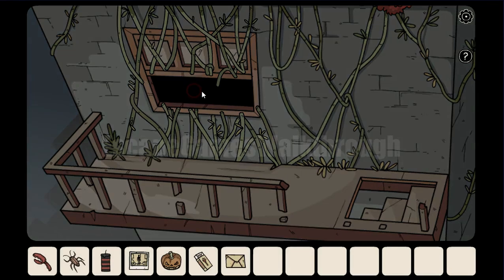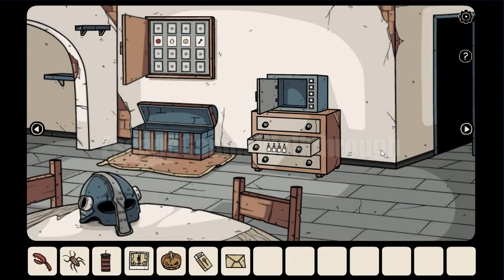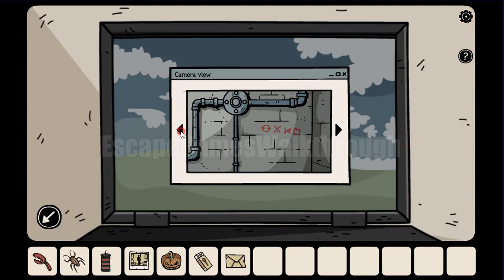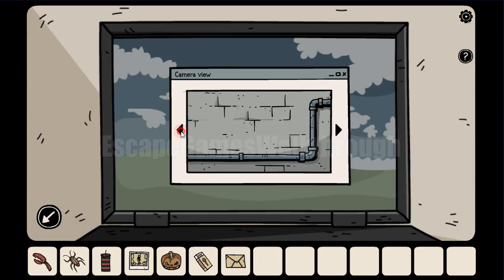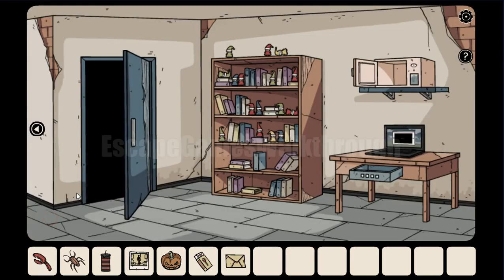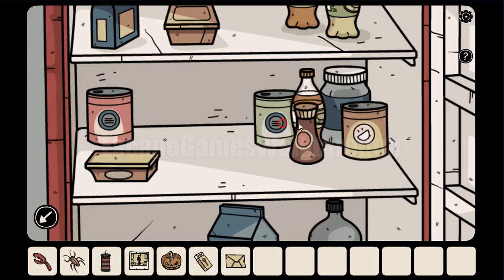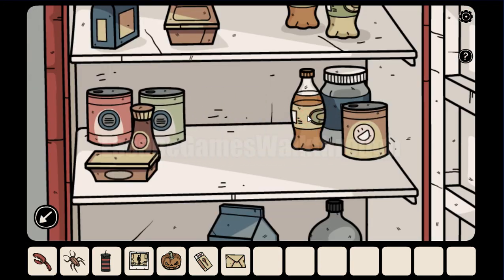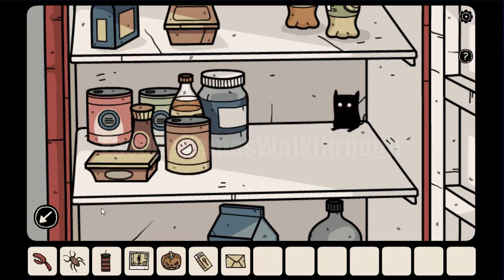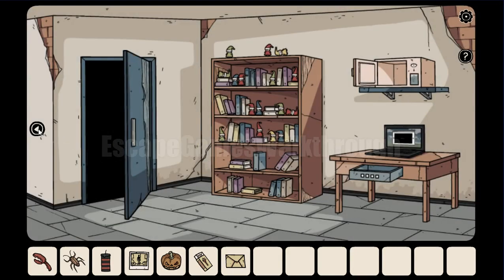Continue. Here we are going to the right and further to the right. Here in the camera view we need to scroll far to the left. Here it is. Go in there, in the fridge behind all these bottles and cans. Here it is, and the remaining 3 are on the 5th floor, so we need to go out